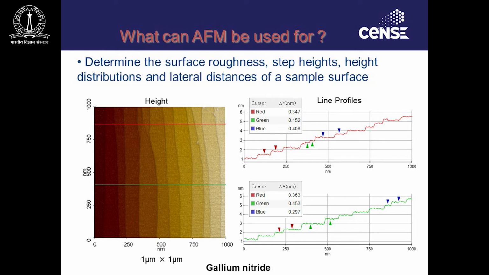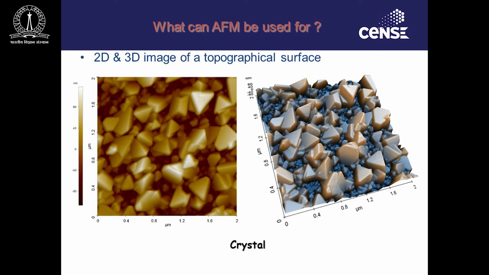Similarly, if you concentrate on delta x instead of delta y, you can also see what is the radius of a particular particle, or even the diameter of a particular particle, or the width of a trench, things like that. This is another example where we are showing the top view, that is the 2D image, and also the most beautiful thing about AFM is that it is able to give us the 3D representation of the surface of the